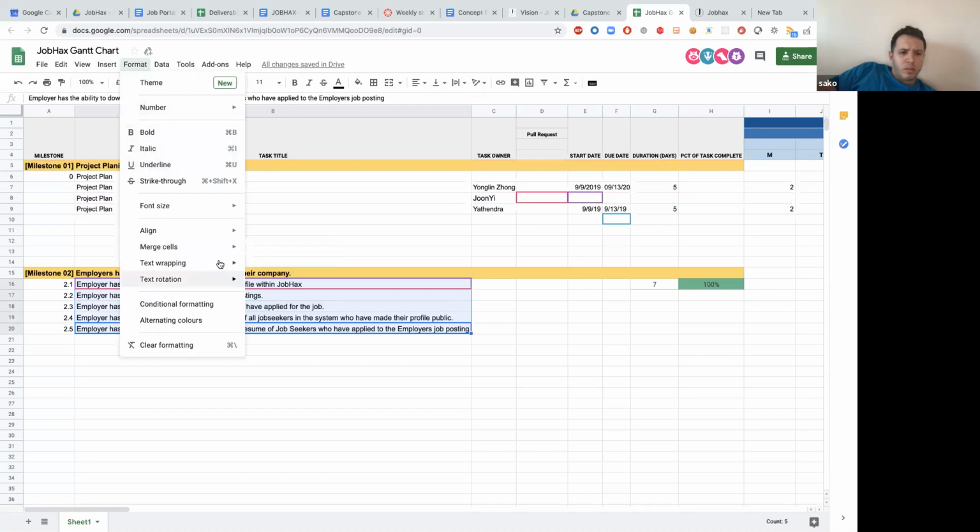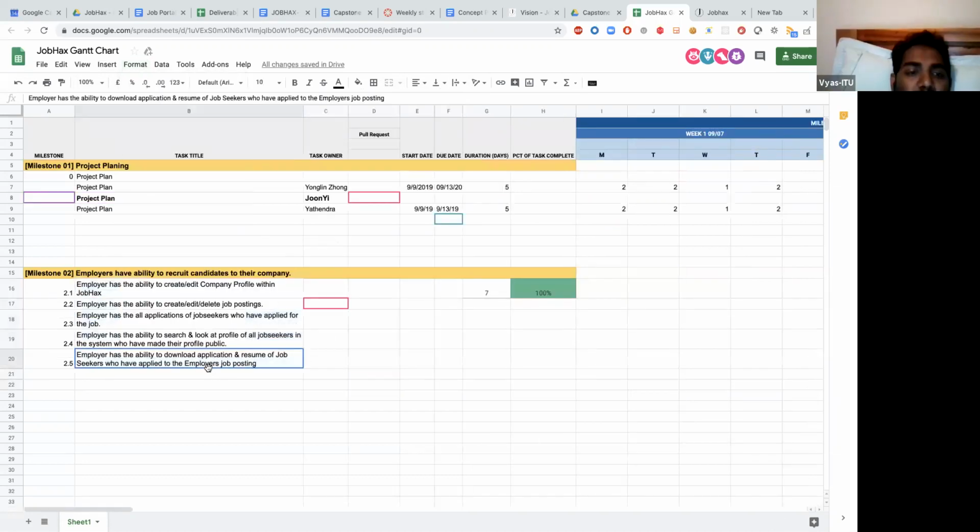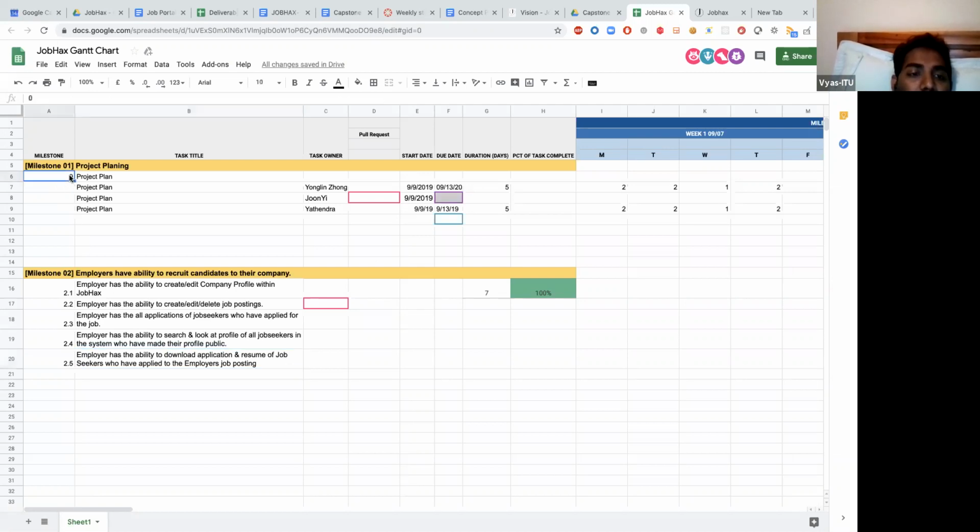Where is text wrapping? Powerful. Okay, that's perfect. Awesome, that's really nice. Duration. So I think we're going to do it 1.1.